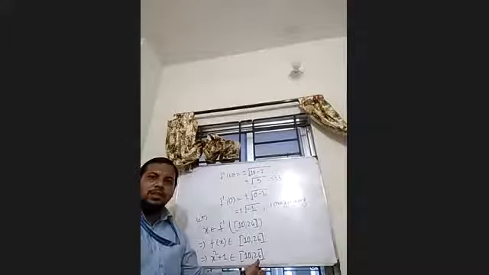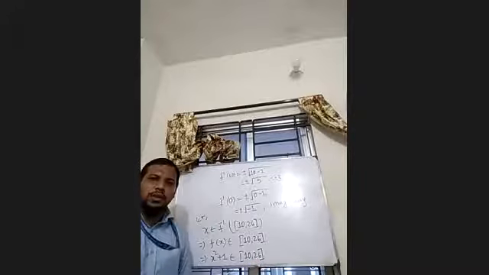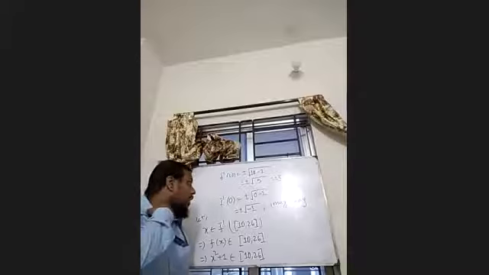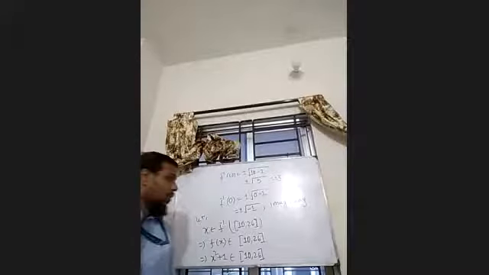Okay, the lowest value of f of x, which is x square plus 1, is 10 and the highest value is 26. Okay, highest value is 26. So now